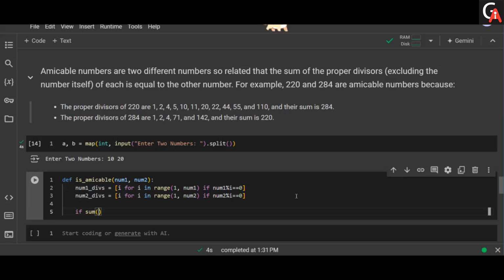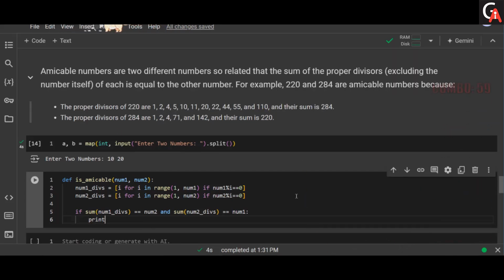If sum of num1_divs equals num2, and sum of num2_divs equals num1, if that is the case,